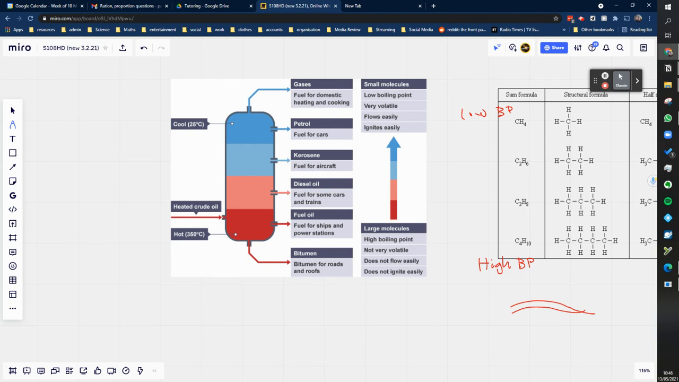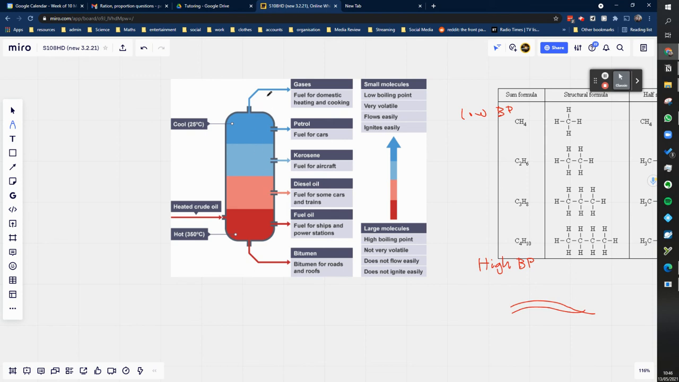And the next one to condense would be diesel oil. I don't think you need to know the names of all this. You just need to understand the process. So as you get further and further up, it gets cooler and cooler, and the substances that had the higher boiling points have already been condensed off and collected at the various points, and eventually it gets all the way